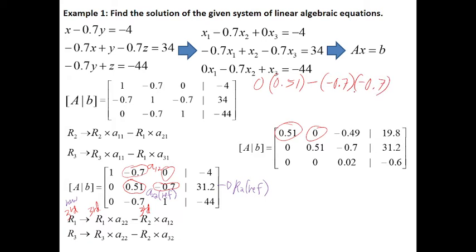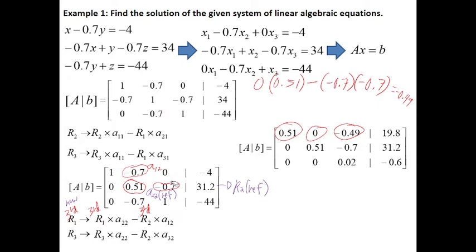Makukuha mo ay negative 0.49, no? Negative 0.49, nakuha yan. Okay? And then,